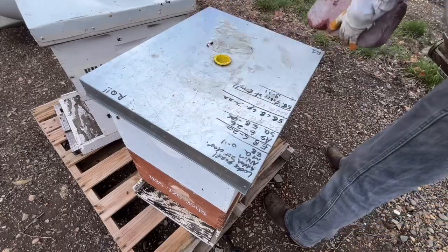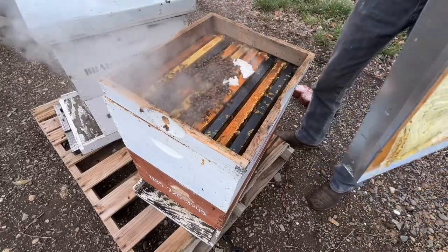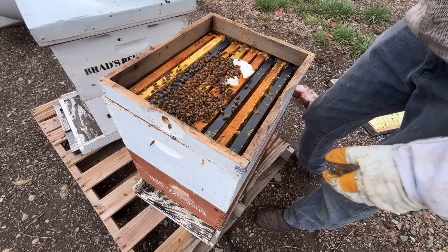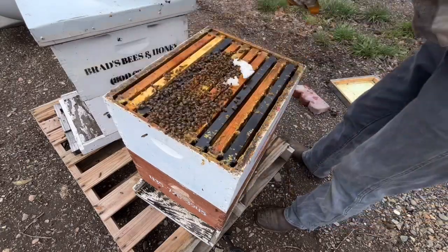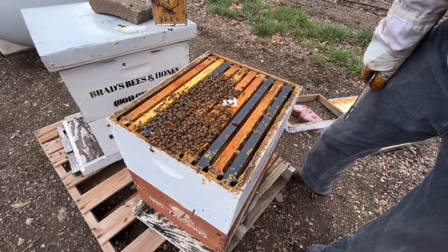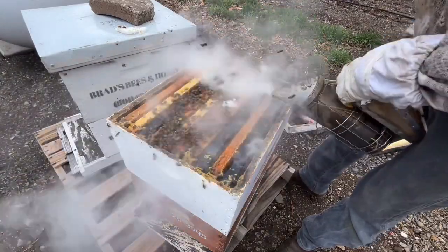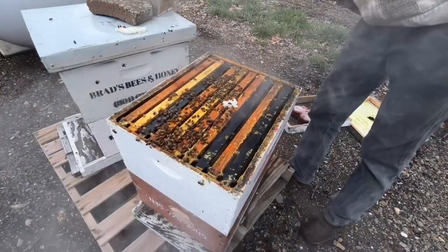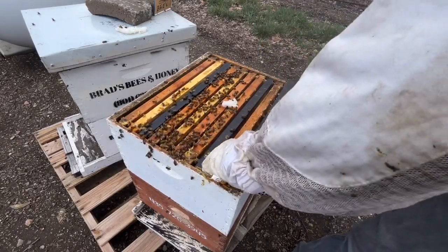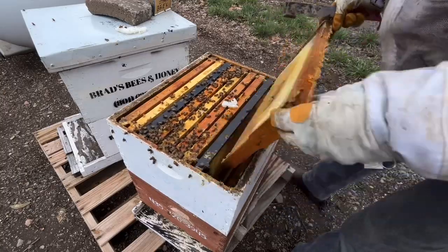So what I'm going to do is try to find the queen. I don't know if there's a queen in here or if it's just a drone laying worker, but it's kind of a cooler, cloudy day. Bees might be a little more upset. But I'm going to look for,